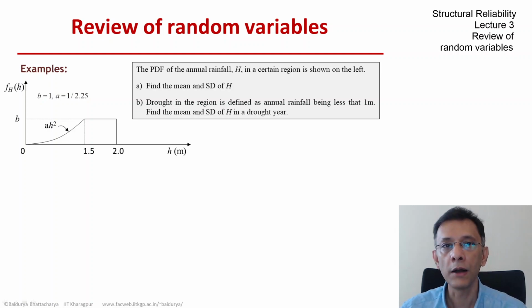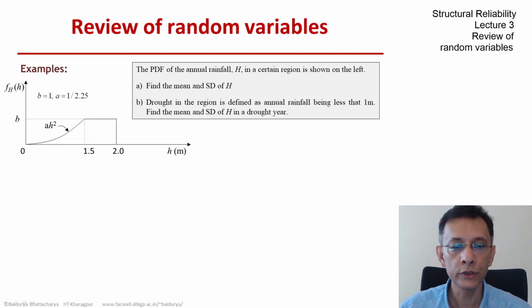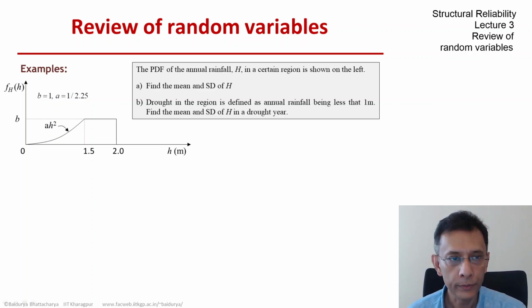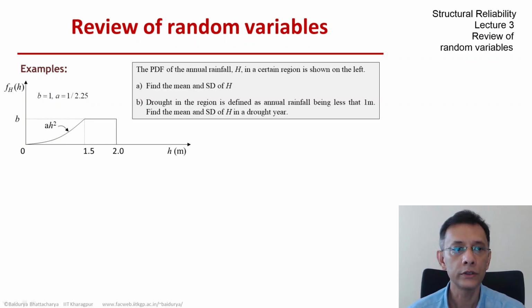As our second example on conditional distributions and conditional expectations, let's go back to an example we saw earlier in this lecture, the rainfall distribution. So H is the annual rainfall, and it has a certain density function as you see on the screen. We first would like to find out what its mean and standard deviation are, and now let's put a conditional